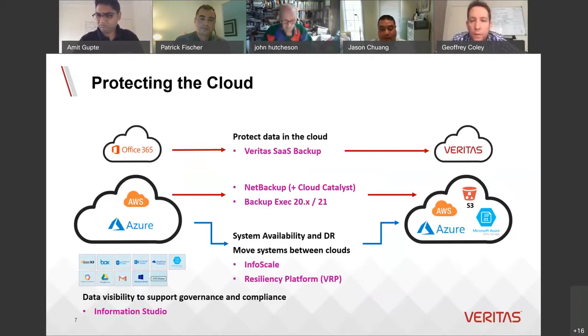VRP again allows you to provide DR replication across the cloud platforms, either within the same platform or across multiple cloud platforms.